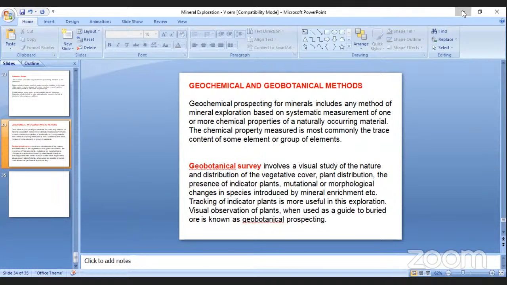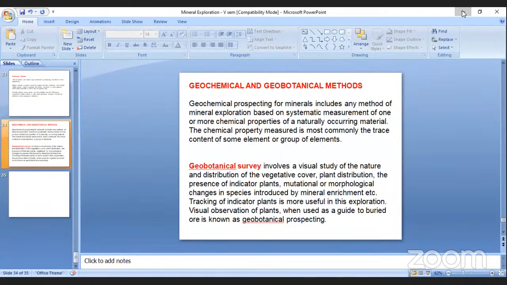The reconnaissance survey. What is the purpose of this reconnaissance survey? In a reconnaissance survey, we have to cover a large area, a large scale. Suppose you have selected 500 square kilometers of area. But how do you collect the samples in all aspects? You have to sample in all areas, in all types of samples,